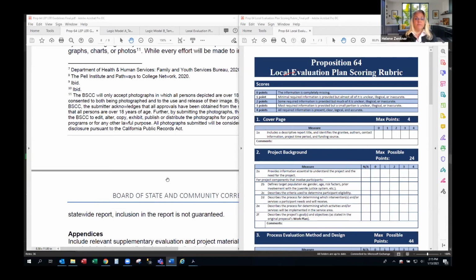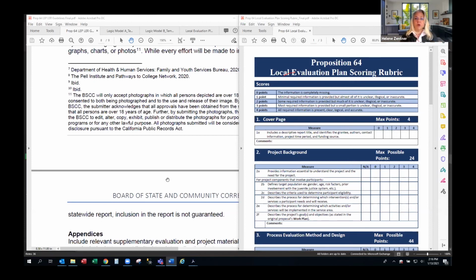And we want to be able to help you to have the best plan. Like Ashley said, if you have a great plan, it is so much easier at the end to have the report. And I have seen many projects at the end scramble, and you spend all this time working on the activities of your grant.